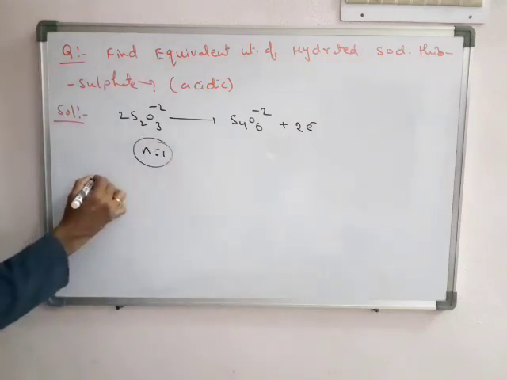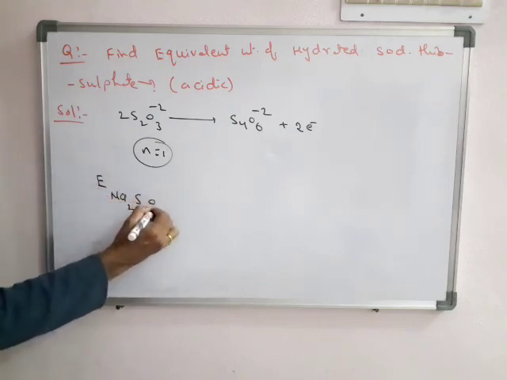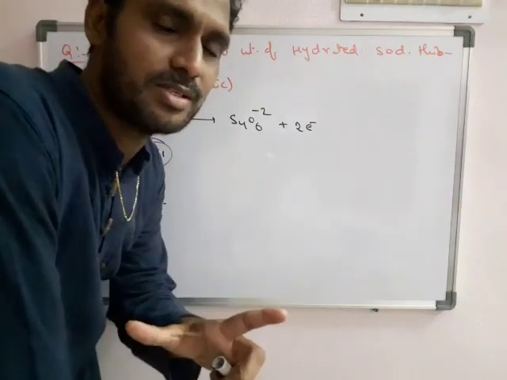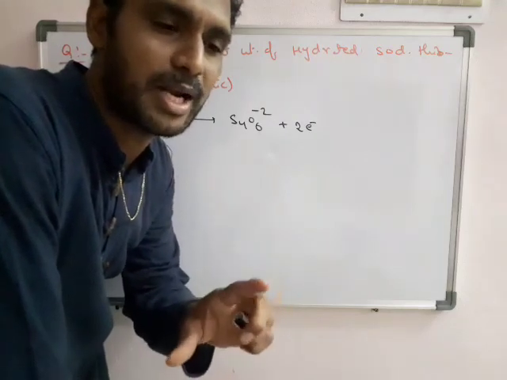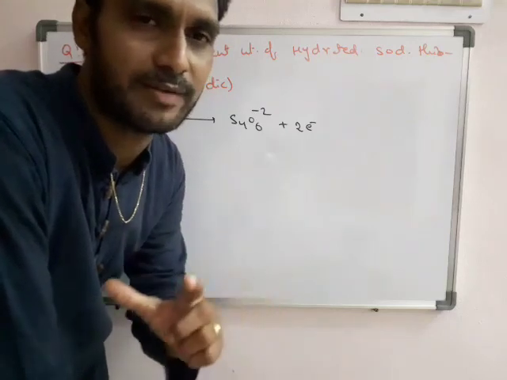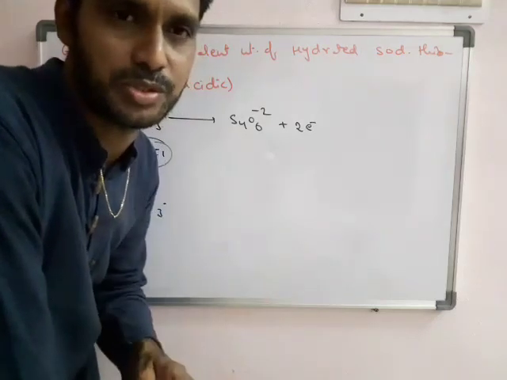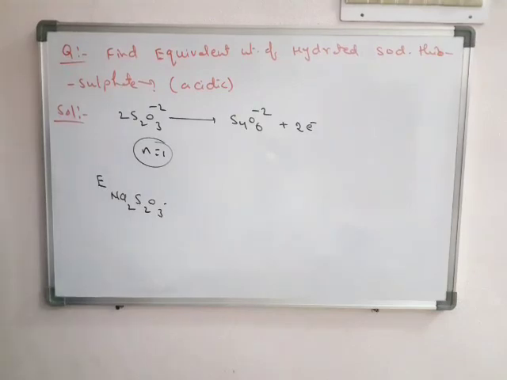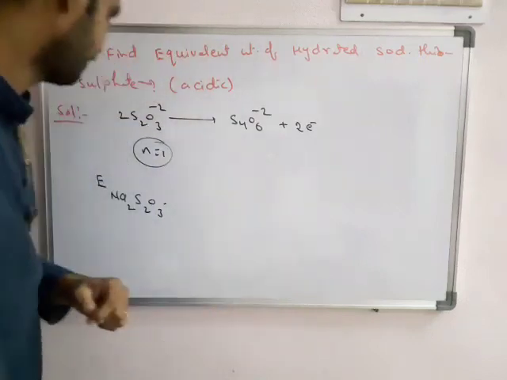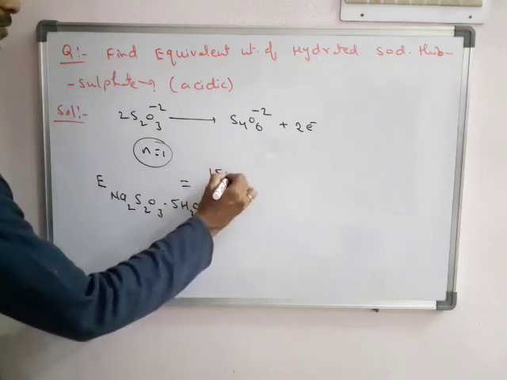So here the important one: what is the hydrated sodium thiosulfate? That is important. Na2S2O3. Already we know hydrated compounds means there is a fixed number of H2O molecules combined with one molecule of the substance. For copper sulfate we know that it is with 5 H2O. Oxalic acid H2C2O4 combined with 2 H2Os. MgSO4 if you take, that is combined with 7 H2Os. Hydrated salts topic comes. Na2S2O3 is with 5 H2O.